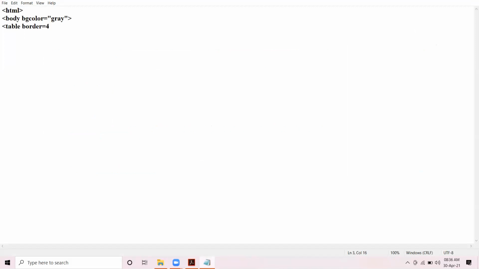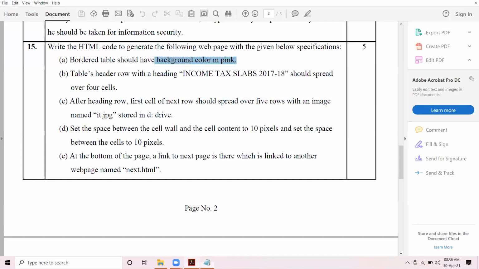Border color is green. The background color of the table is pink, and I am taking the border color as green.